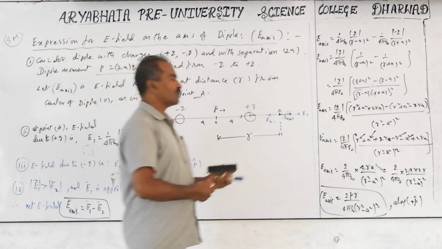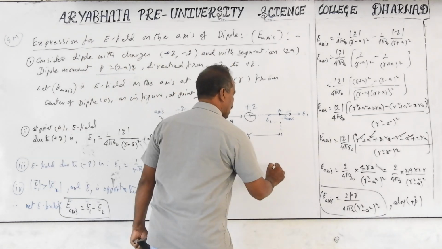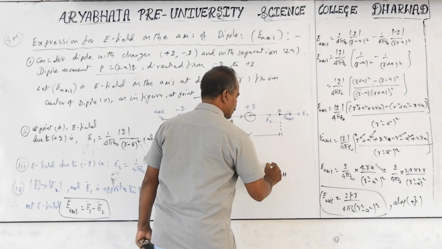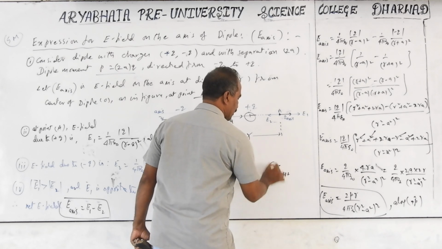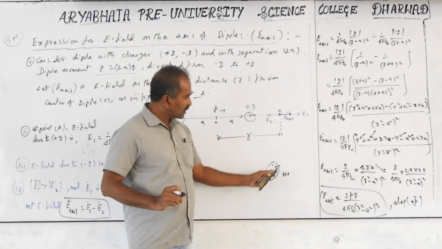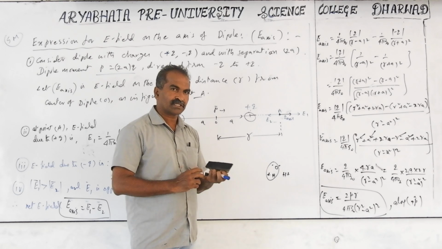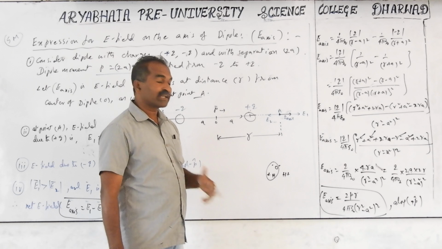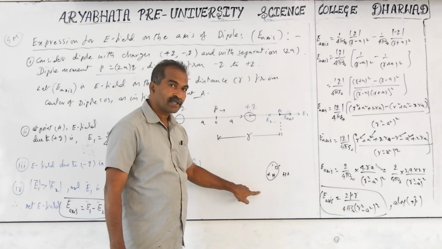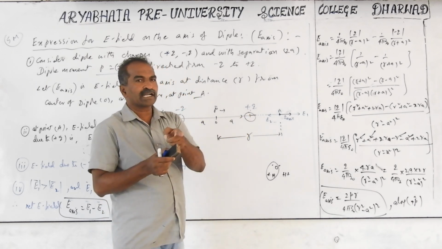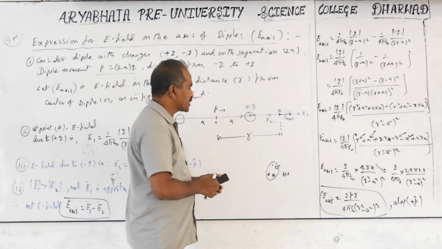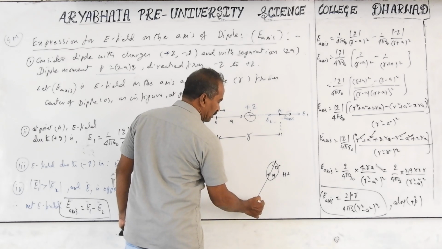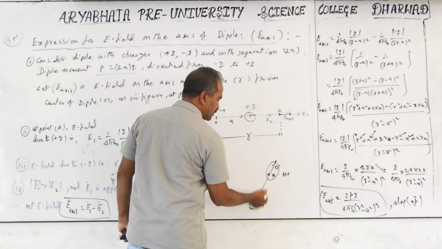Take the water molecule. Water molecules are dipoles. Water molecule is H2O, H plus, minus, plus. This is a dipole. But the length of the dipole, the length of this bond between hydrogen and oxygen, is in angstrom units and very, very small. I want the electric field outside the water molecule, say when I am measuring the water taken in the container. When I want the field outside, it means the distance I am taking from these dipoles is very large. It may be meters, even centimeters, which compared to angstrom is very large.